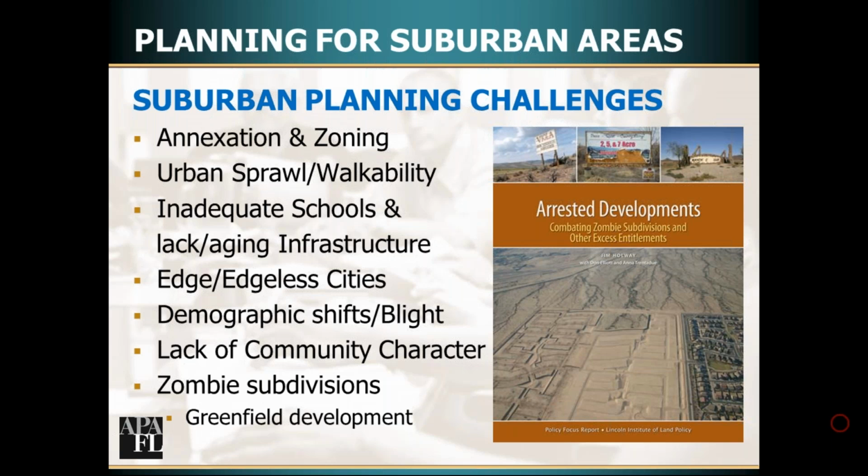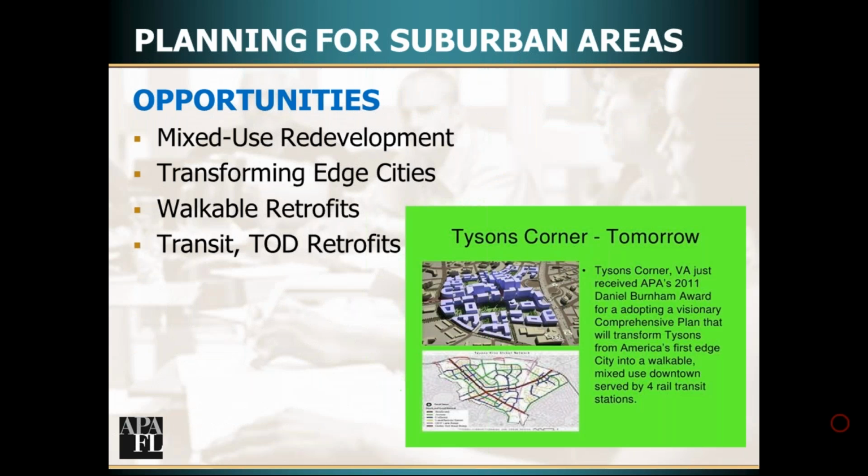Yeah. And there's a series of them around there that was done low density, no commercial, no mixed use, and a lot of them didn't do well. And they're often GDC or other types of things, General Development Corporation type projects. Yeah. Opportunities. Trying to do mixed use in some of these areas, like Golden Gate Estates, things like that. Trying to transform edge cities. This is a classic one here.